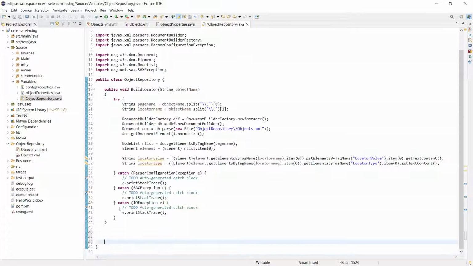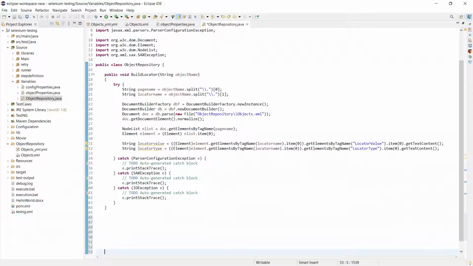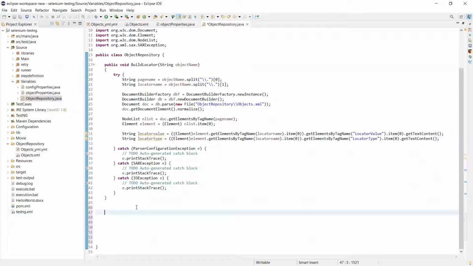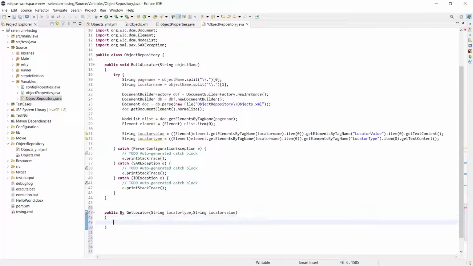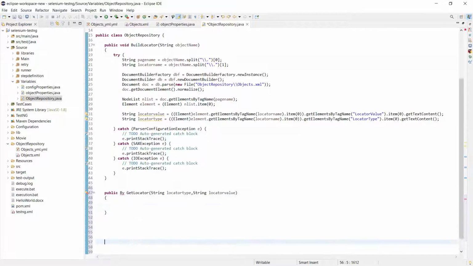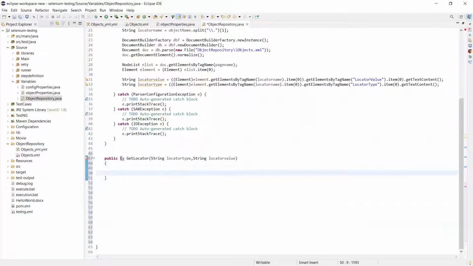Now the next thing which we need to do is to create the Selenium By object using this locator type and value. To create the By object, I am going to create a method called getLocator, which will take input parameters as locator type and locator value, and will return the By object. Import the package org.openqa.selenium to use the By object.